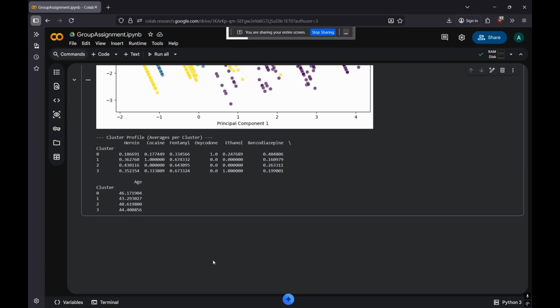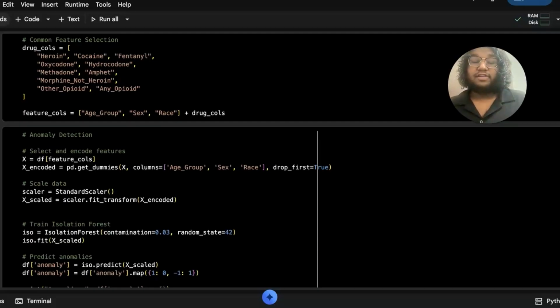So yeah. Hello, my name is Faris and I'm going to be presenting anomaly detection and regression from the applied data mining techniques. First of all, anomaly detection was used to identify the unusual overdose cases that deviated from the normal patterns. Since the dataset we used does not contain any labeled anomalies, we have to use an unsupervised method